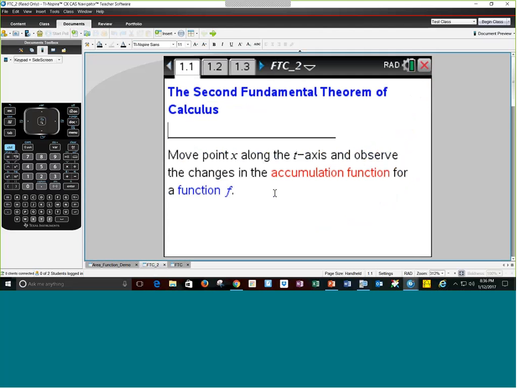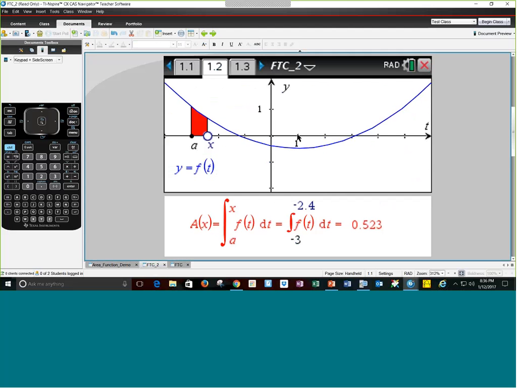Okay, so this is our second fundamental theorem of calculus. This is the one that students generally say, that's how I evaluate an integral, and I know that's what we do. Well, let's take a look at this and see what happens. In all honesty, this one is very similar in build to the other one. It's that the guiding questions that the students have on their handout lead them in a different direction. For example, on this slide, the first thing they're asked to do is change A to be -3 and change the X value to be +3.